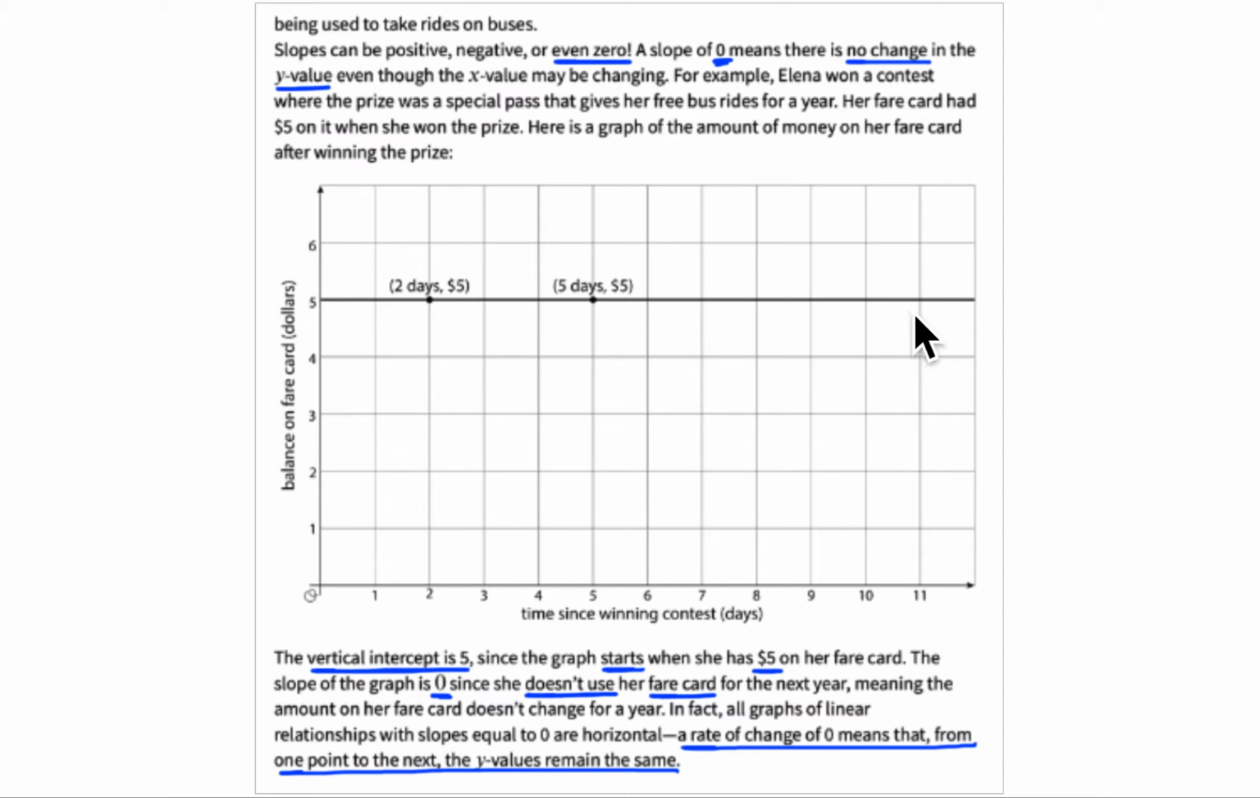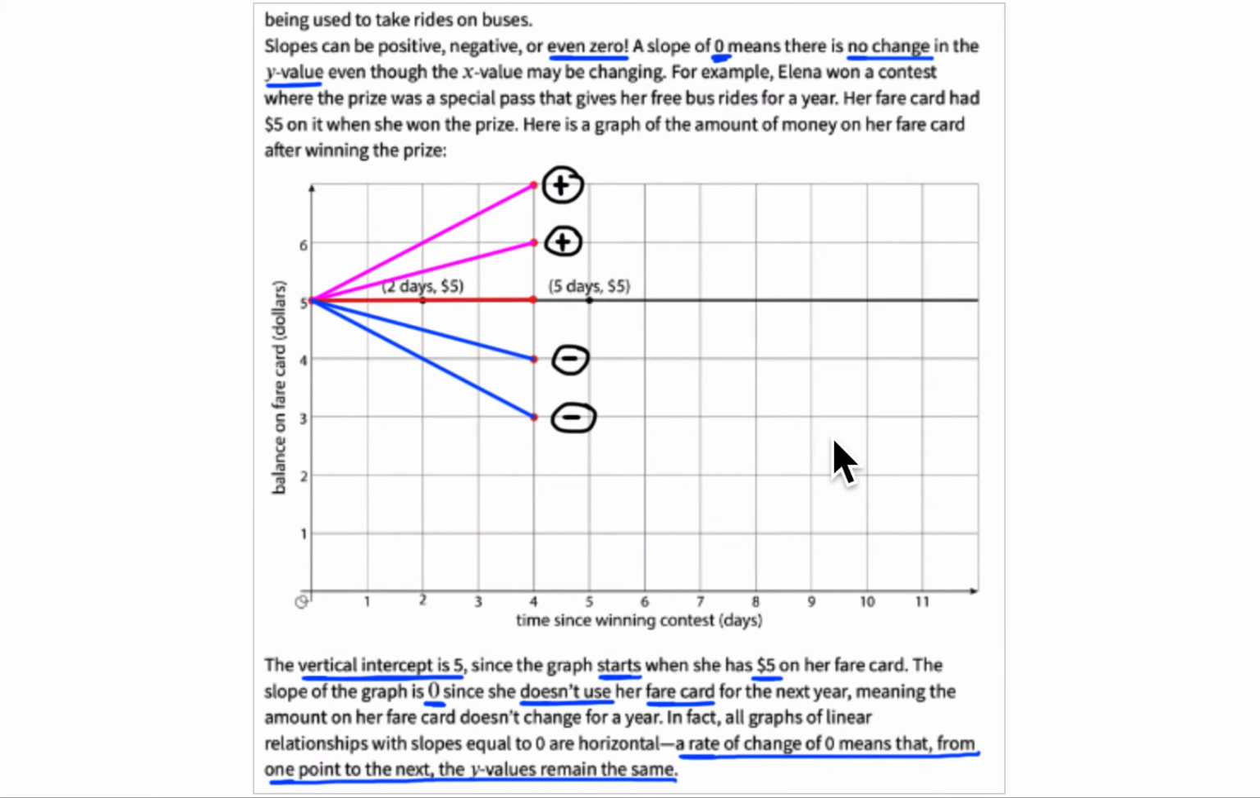It's not changing over time. So rate of change of 0 means that from one point to the next, the y values remain the same. They do not change. Now, I want to compare this just for a moment to what we've done in the past. So I'm going to make the horizontal change for all 5 of these points the same. It's 4 units. 1, 2, 3, 4. And I'm only going to change the vertical